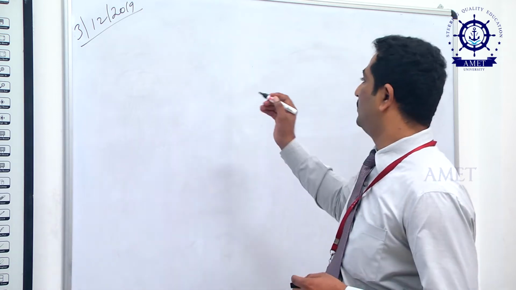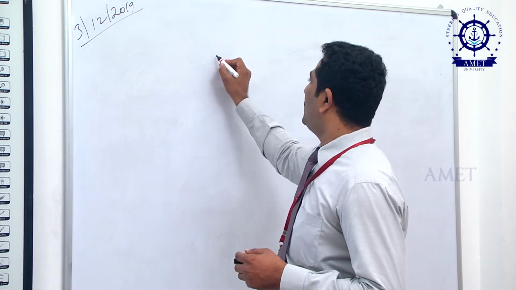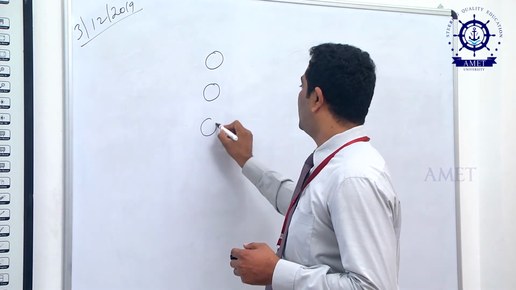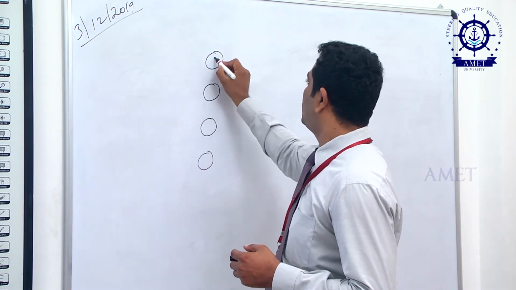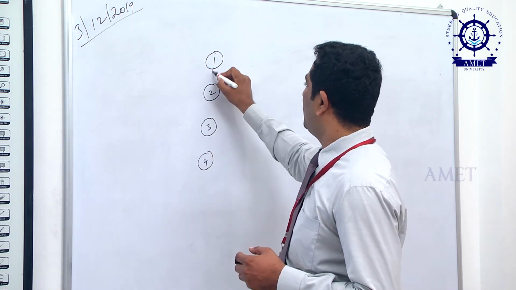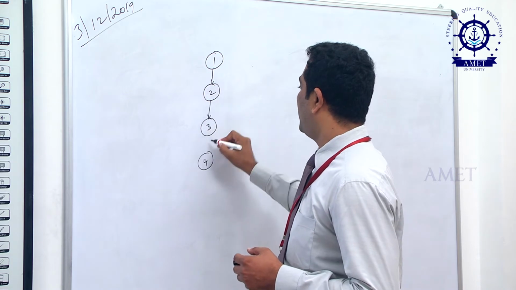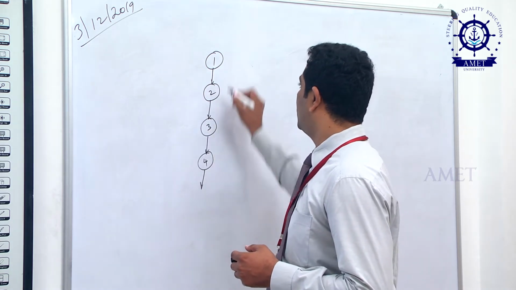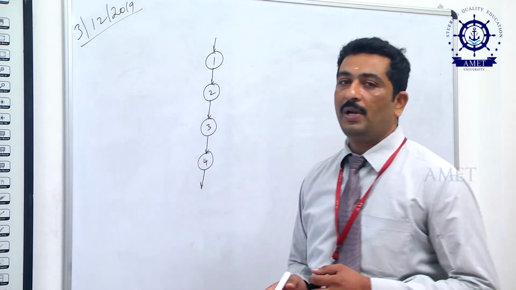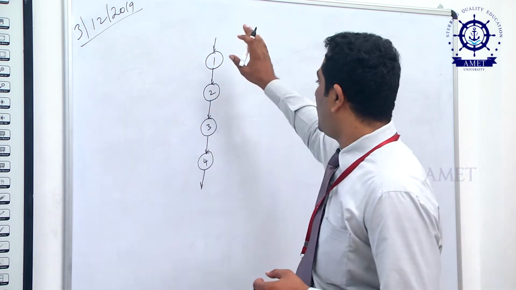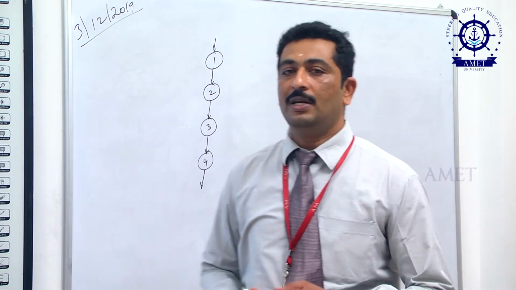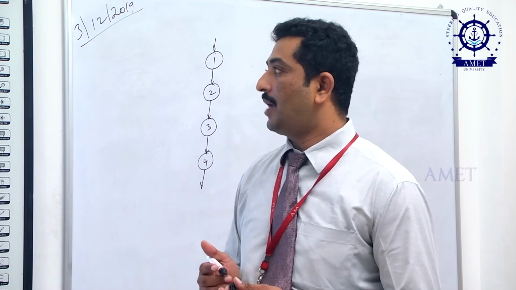See some example. In procedure languages, I am going to write some modules like this. This is the first module, this is the second module, this is the third module, this is the fourth module, which means we have to write them step by step. So this is the order. Suppose we change this order, our compiler will not support it. So this is called procedure oriented language. We have to do coding in a proper structure. So this language is called procedure language.